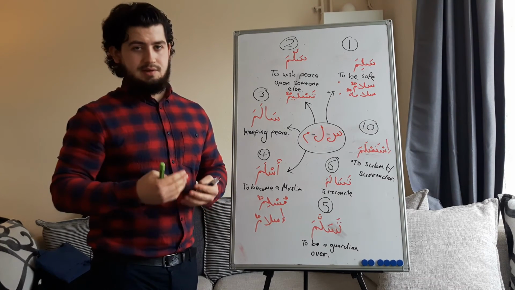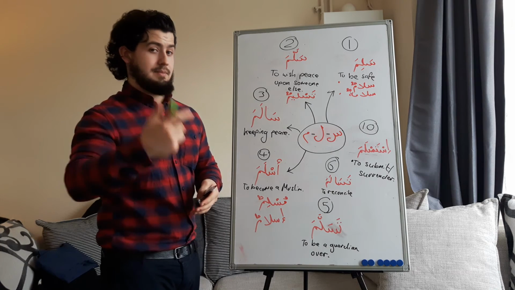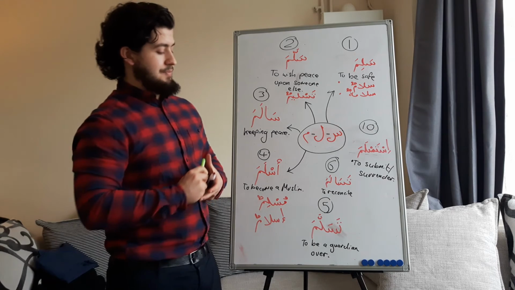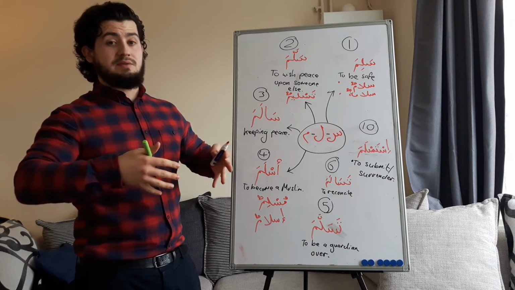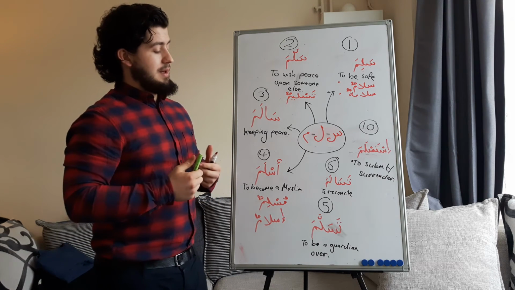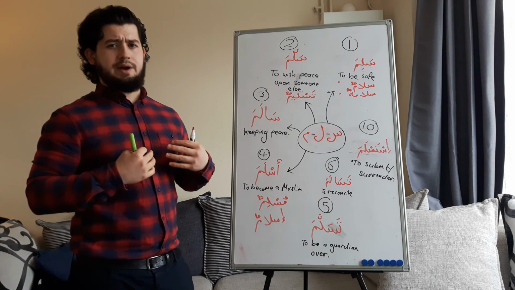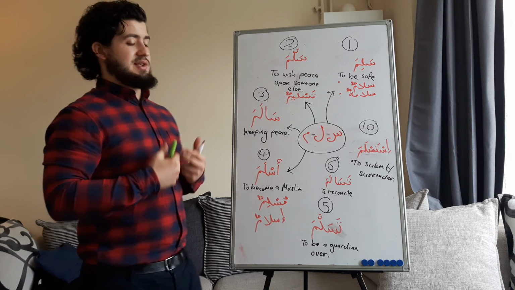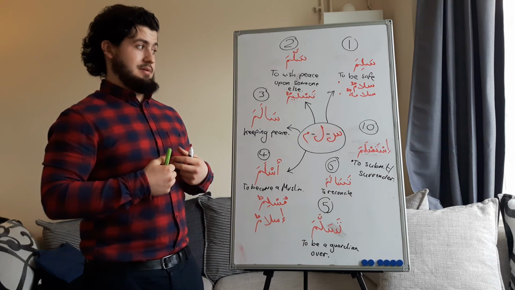by surrendering to someone, just as I went over a second ago about the word asylum, seeking asylum is similar. The form 5, to sallama, to be a guardian over, i.e. to keep somebody peaceful, to give somebody peace when you're a guardian over somebody. And then to salama, the form 6, to reconcile with, or to create peace out of a situation that isn't peaceful. And then finally we have our form 10, which is to submit, or to surrender, which is istaslama.